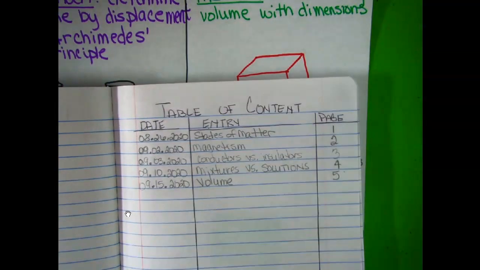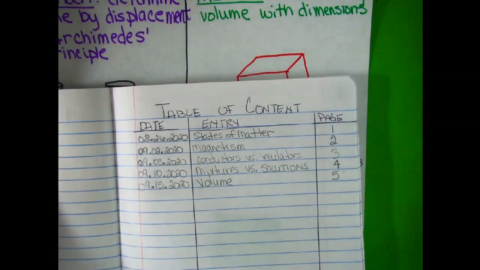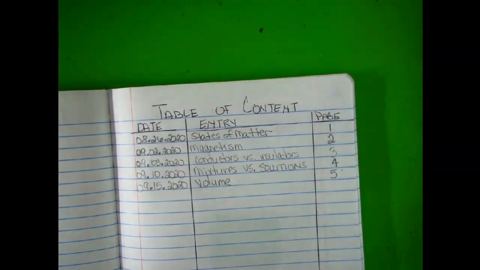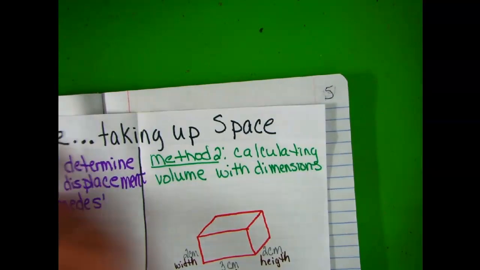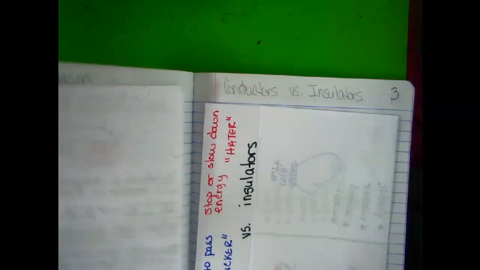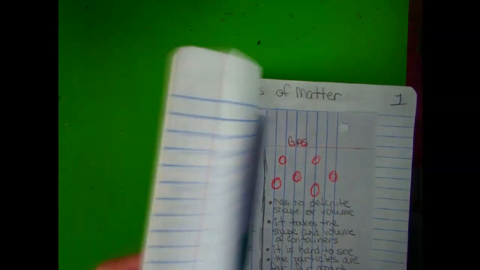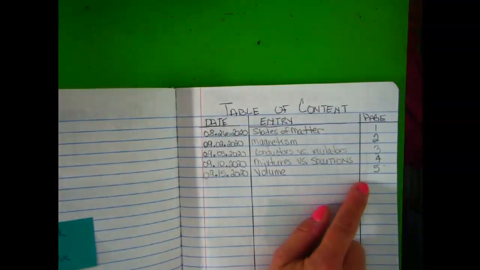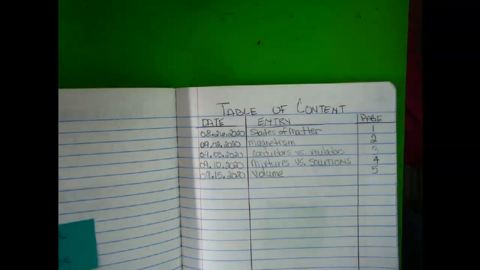And this is one of the many reasons why I like to fold these pages in half. Then go over here to page 5 right here. And I am going to glue down half the page. Like so. Cool thing is I've already titled it volume right here. Oh, y'all can't see that. I've already titled it volume. So I know that on page 5, I have volume, and I can go back to my table of contents, wherever it is, and I have it listed on page 5. Make sure